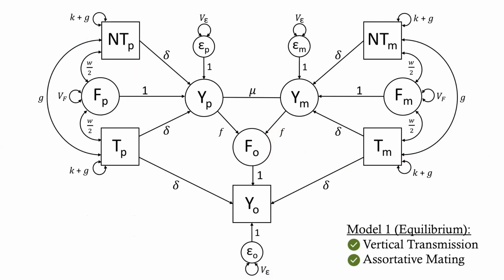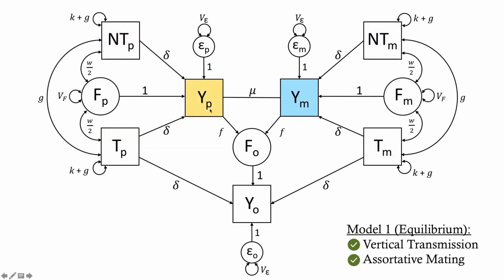So up to this point, none of the things I've shown you have required that we have observed parental phenotypes. However, if we do have observed parental phenotypes, so note these two squares, then we can compare how the observed spousal genetic covariance differs from what the expected spousal genetic covariance would be based on their phenotypic similarity.